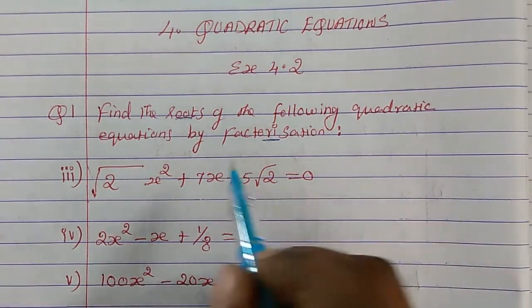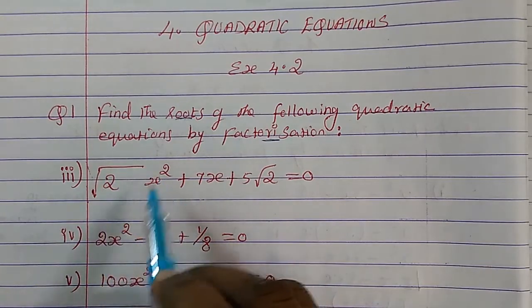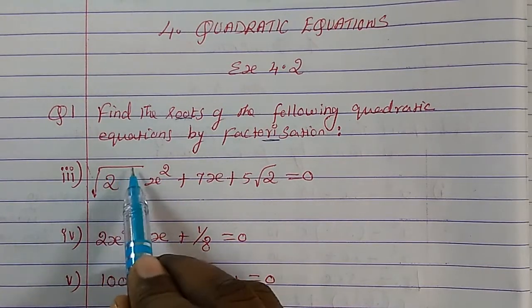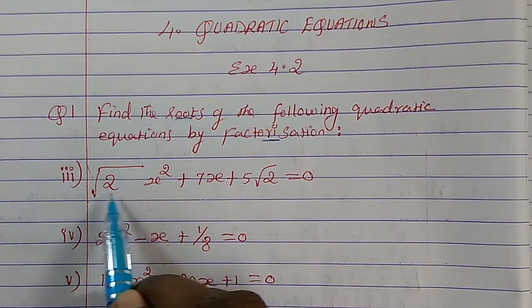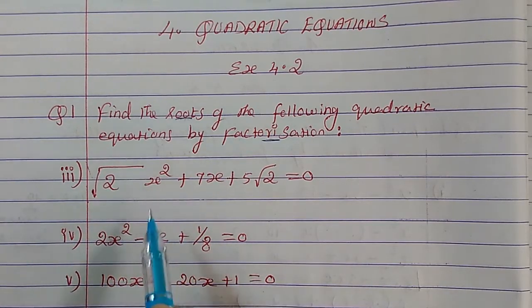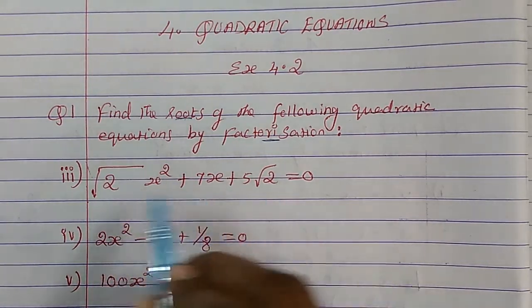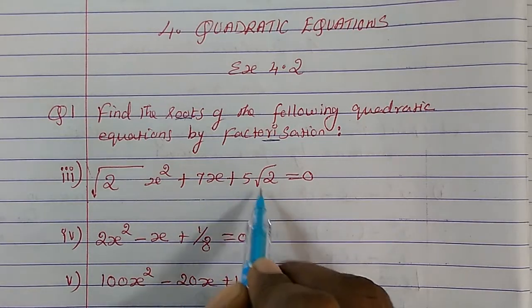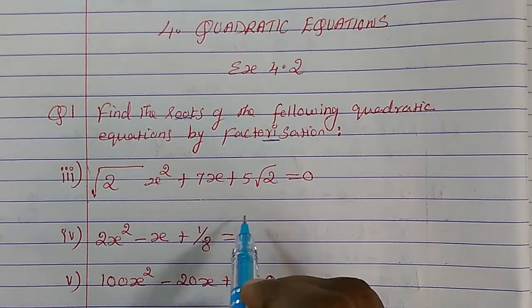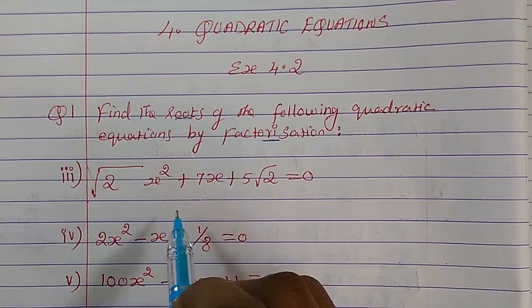Okay, so I told you how we will do splitting the middle term, because here 3 terms are there. This is a root, I made it bigger, that's why I wrote the x square away from the root, because it is not under the root, it is away from the root. Okay, so here we have 3 terms, root 2 x square plus 7x plus 5 root 2. So whenever there are 3 terms in a quadratic, we have to do the splitting method.